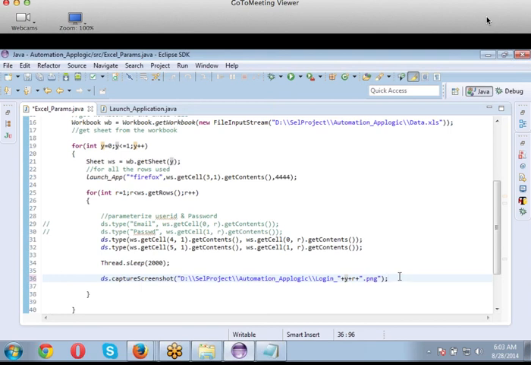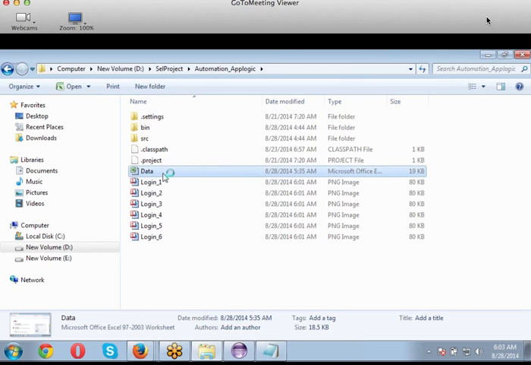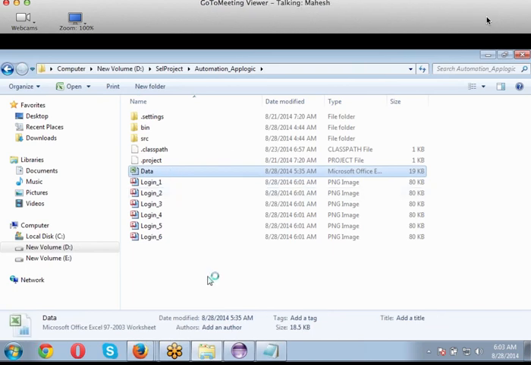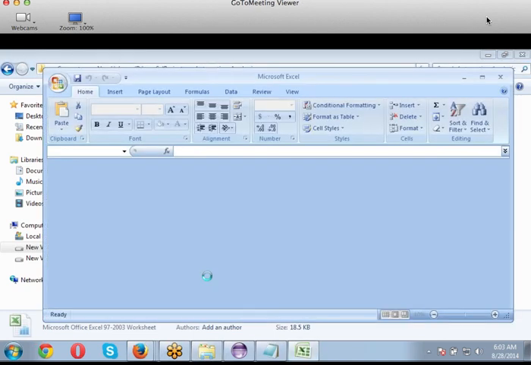Well, that's your assignment. As I told you, you need to use 3 different websites which have a login. Find out the objects in those websites. Replace those values inside this Excel sheet like this. And test the login functionality. That's your assignment for this weekend.